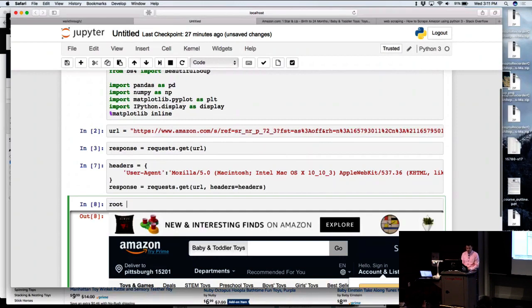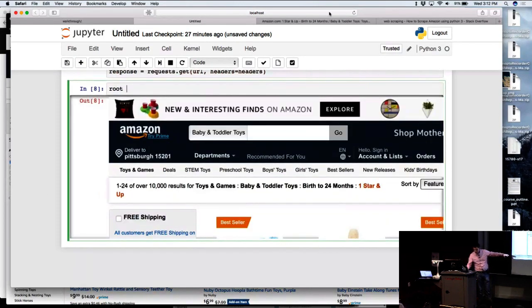Okay, so now I want to start parsing this page, right? I want to actually figure out how, from this page here, I actually get the content of these things. So I'm going to start by making a BeautifulSoup object. So the root equals BeautifulSoup. This is going to be a root thing of the response.content,